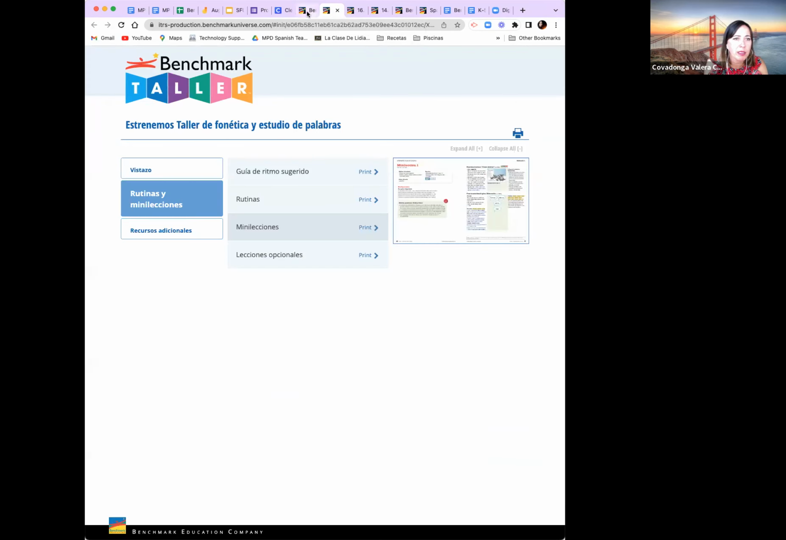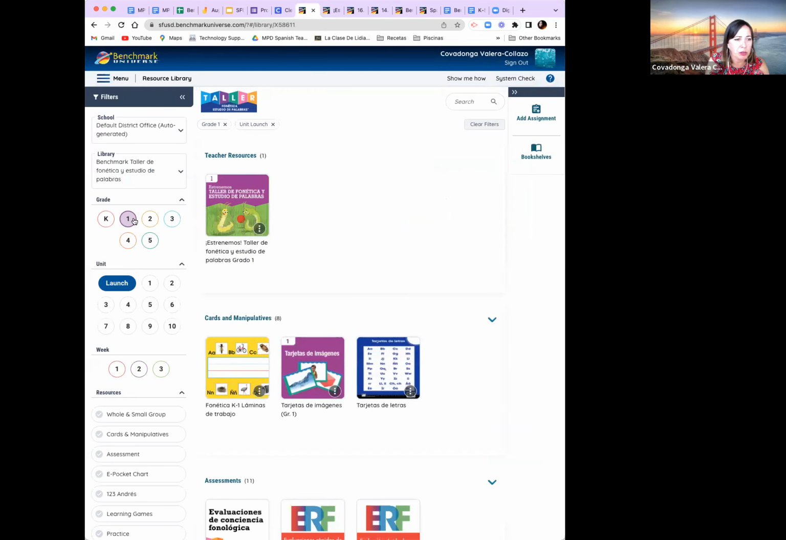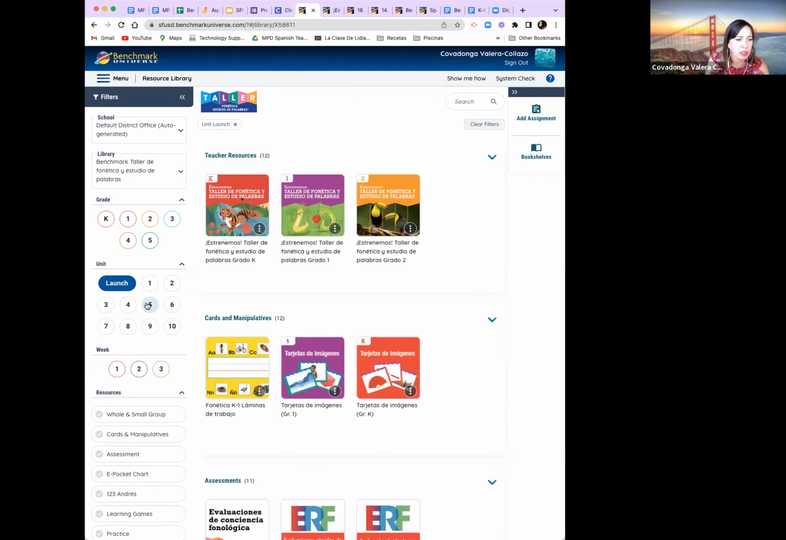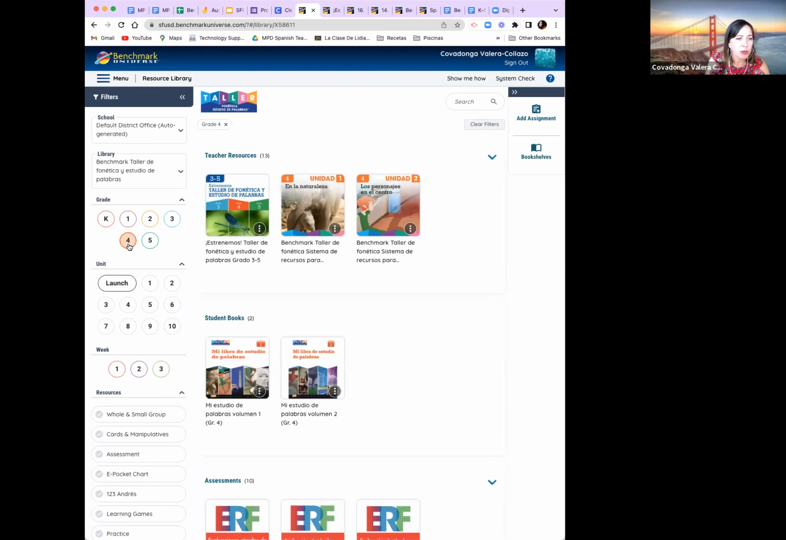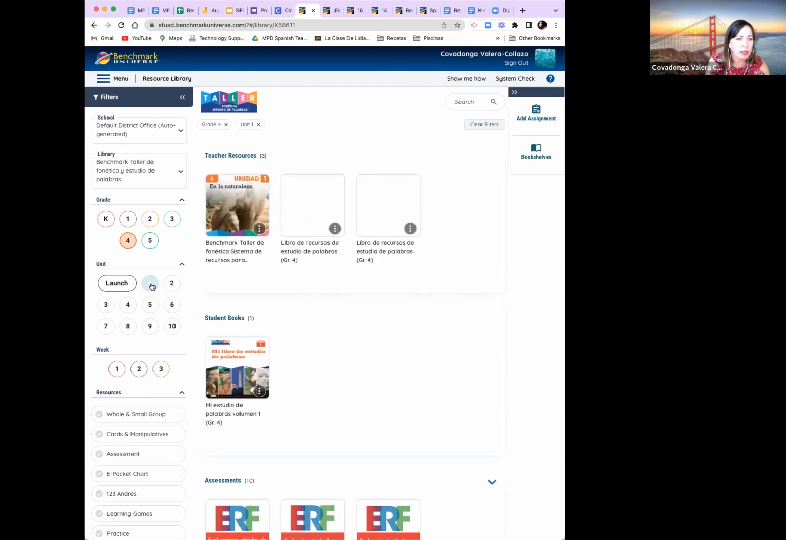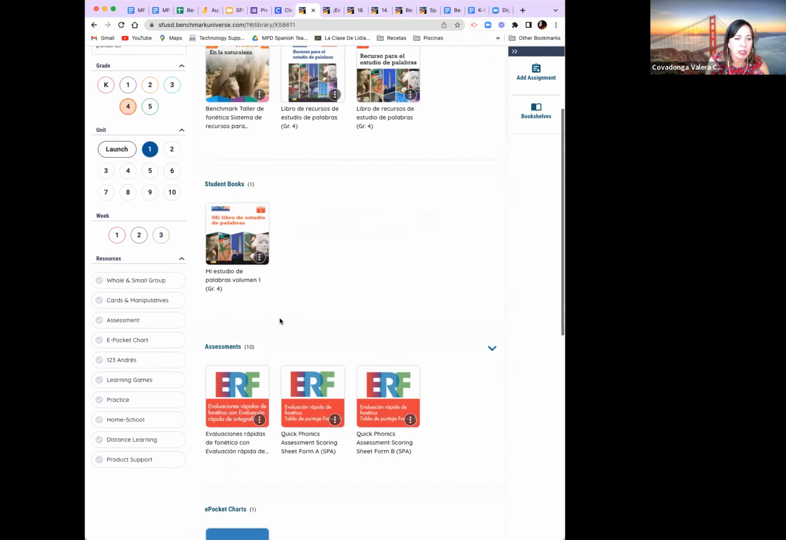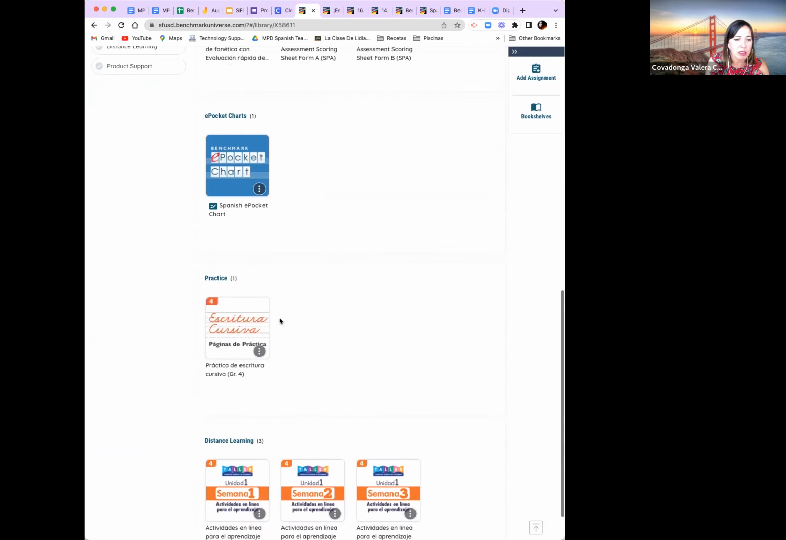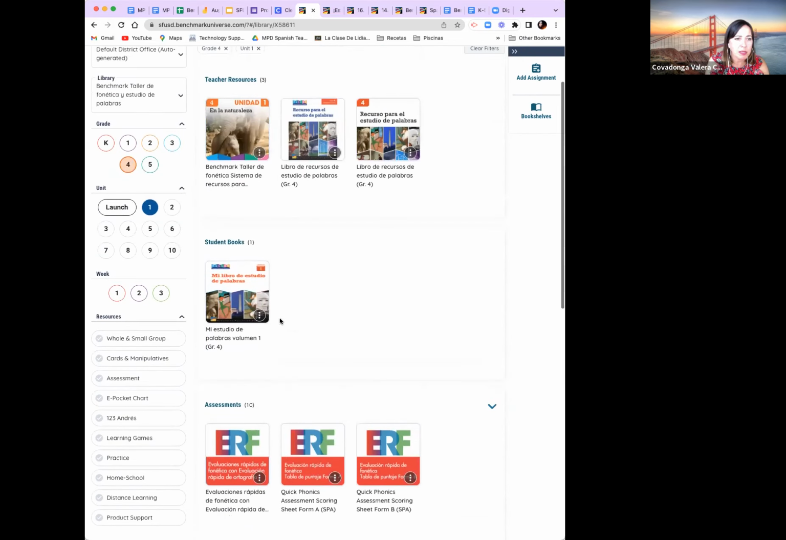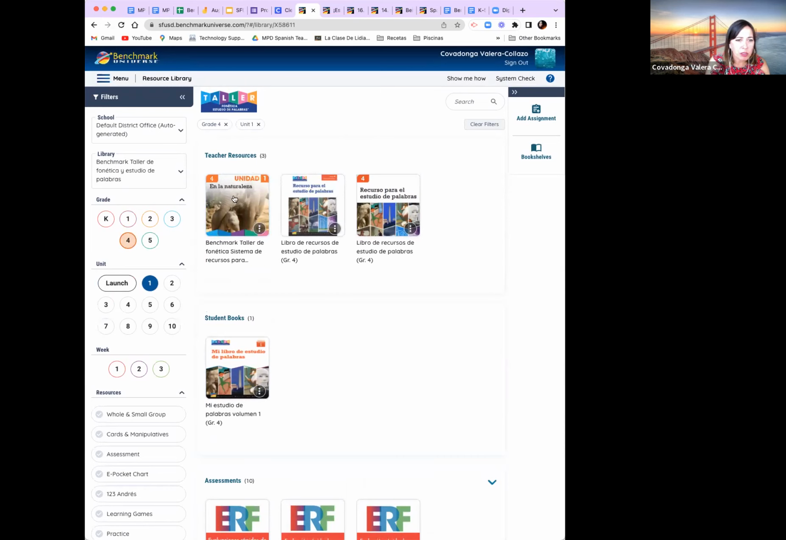Now, if we go back to the main dashboard, let me choose another grade level so we can see. Let's do 4th grade this time. Okay, so if we choose 4th grade and unit 1, again, these are all the components that are going to be part of that unit, including assessments, student books. If we go to the teacher resources,